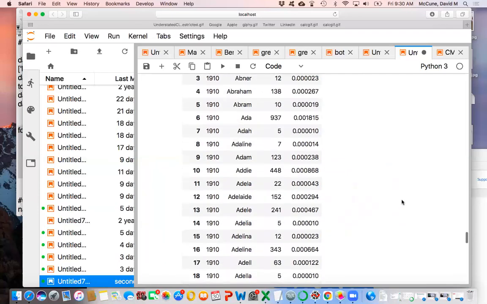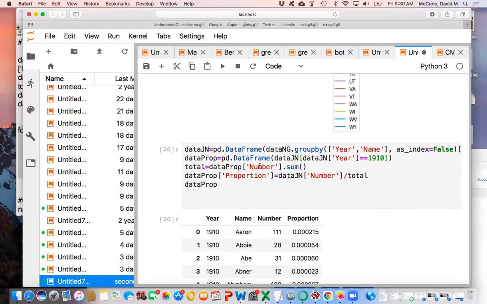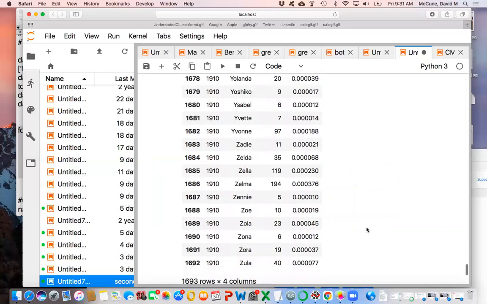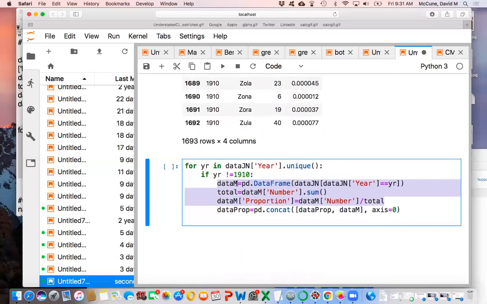Again, sorry, I know it's obnoxious to watch scrolling. They're just repeating these same lines of code here, but instead of a 1910 right here, there's just a year, that YR variable. So when YR is 1911, there's a 1911 right here. When it's 1912, there's 1912 right there. What I wanted to do is data prop right here, but I can't, because then I'd overwrite my previous thing. So I'm not sure what that M is standing for. But anyway, when this becomes 1911, you create the 1911 data right here, and then the 1911 data gets appended or concatenated with this table right here.